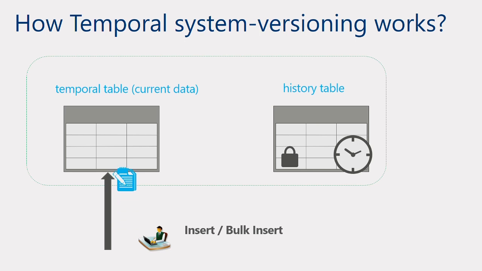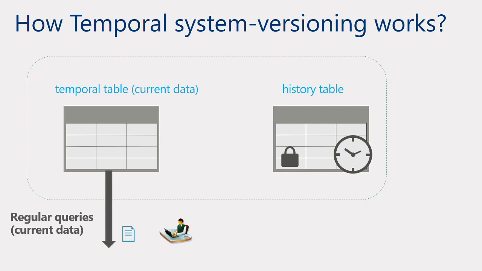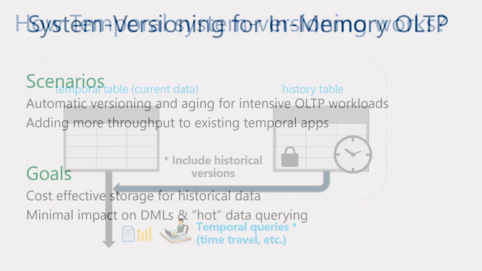So if you do inserts, updates or whatever, your changes basically go to your version history table. And when you query, if the query is about now, then the data comes from your regular table. If you do historical queries, then the data will come from the history table or get reconstructed, merged with the current table if there are no changes, and you get the right answer at the end of the day.